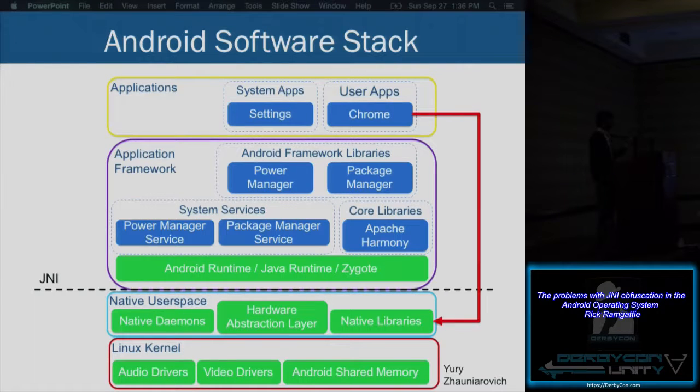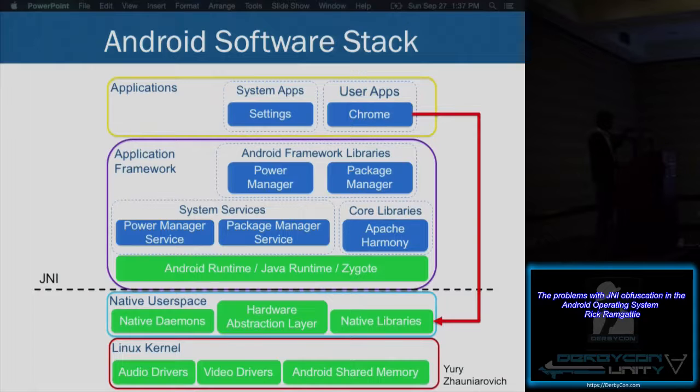The native library, you can think about it like, for example, OpenSSL. OpenSSL is a native library, and every now and then Chrome does need to use TLS. So let's say that this Chrome implementation was using OpenSSL from the native library. So we need to have a way for applications in blue to talk to applications in green. So I drew a red arrow that shows Chrome talking to the native library, and a dotted line symbolizing the